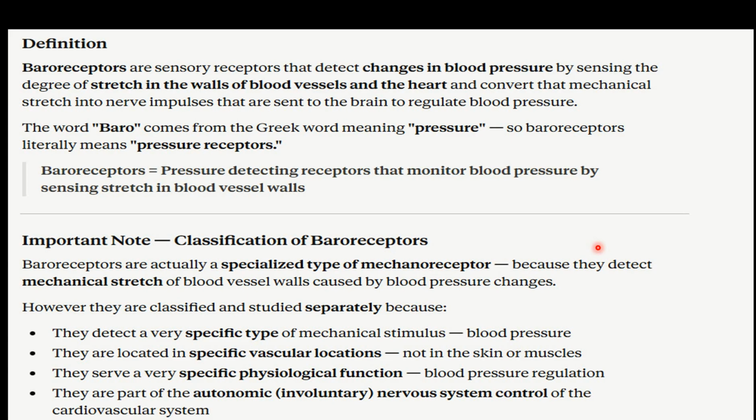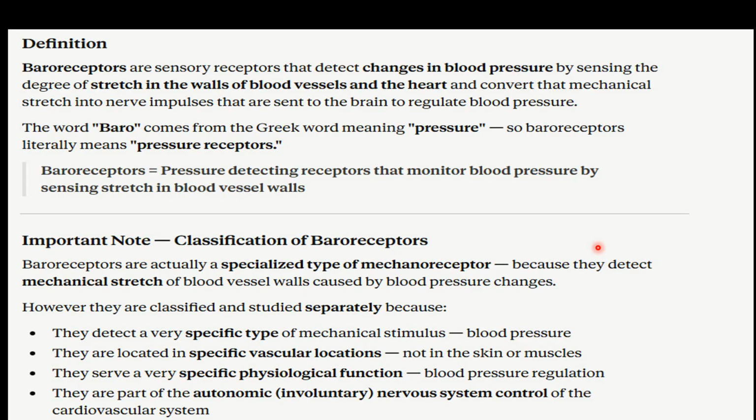Okay, alright, so let's see what baroreceptors are. Baroreceptors are just a sensory receptor that detect changes in blood pressure by sensing the degree of stretch in the walls of the blood vessels and the heart. Okay, so this is basically a sensory receptor that can detect the changes in the blood pressure by just sensing the degree of the stretch in the walls of blood vessel and the heart. Then it converts that mechanical stretch into nerve impulses that are sent to the brain to regulate the blood